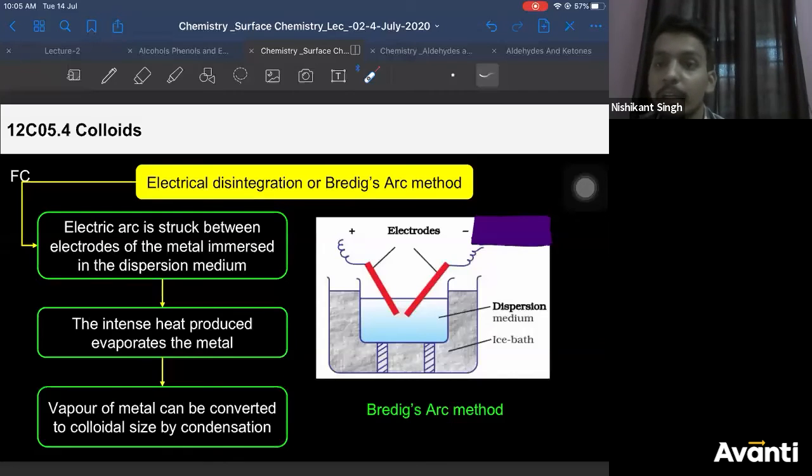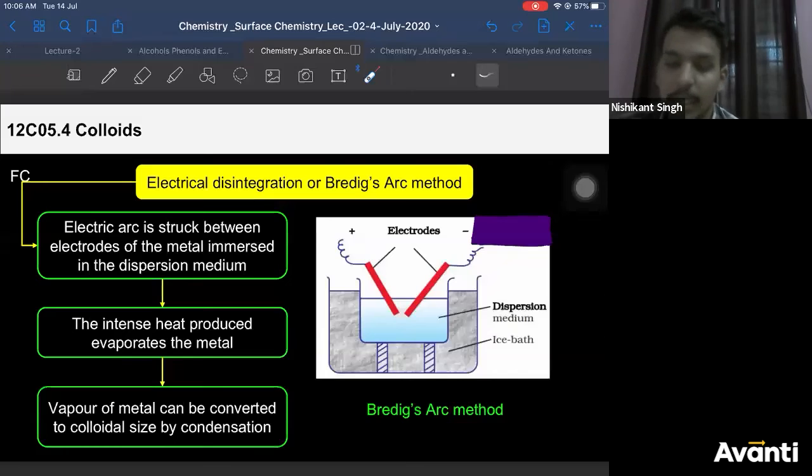Now, you've got a colloidal solution here, right? Then the ice will melt. Yes, ice will melt slowly, so you keep putting new ice. Let me read it out. An electric arc is struck between two electrodes of the metal immersed in dispersion medium. The intense heat produced evaporates the metal. The metal will get heated up. The vapor of the metal can be converted into the colloidal sol by condensation with an ice bath. So the vapors of the metal coming out will be condensed and mixed with dispersion medium to form a colloidal